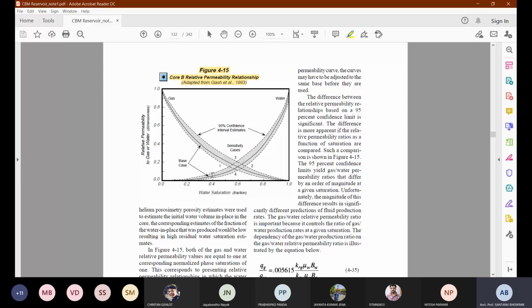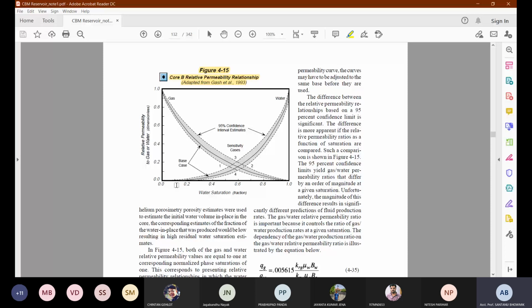Okay, so that means even if the gas saturation is total, some amount of water is already present, which is the immobile fluid. And so you have to reduce this, and then you are going to measure the effective permeability. That's why the relative permeability is again coming as the effective permeability. Remember the definition: the effective permeability is always measured at the irreducible water saturation. So you are going to take this out.